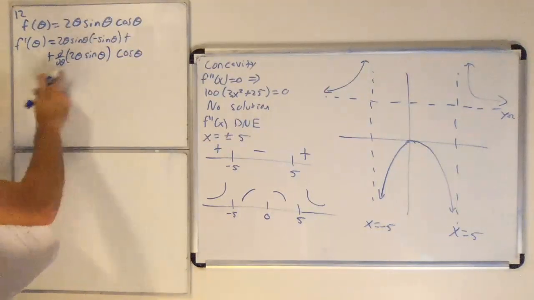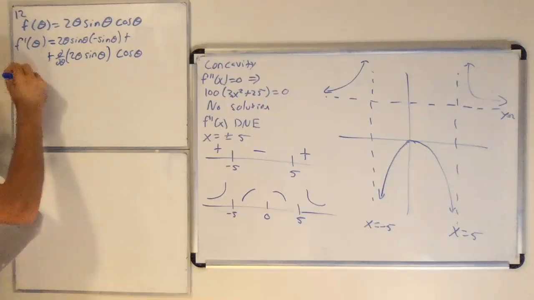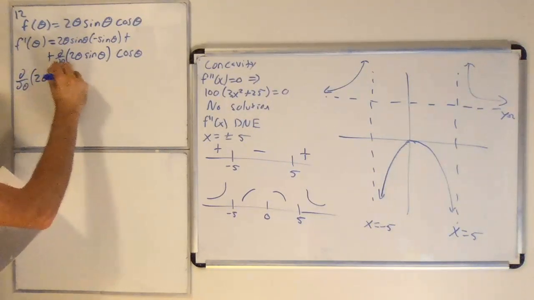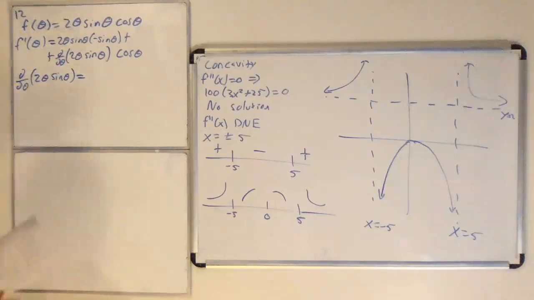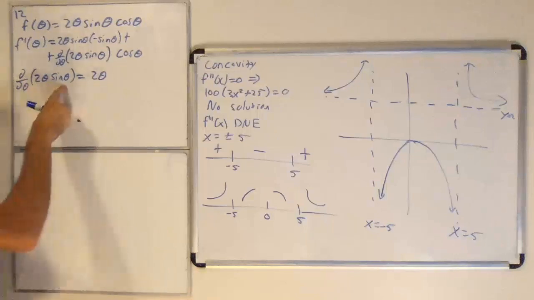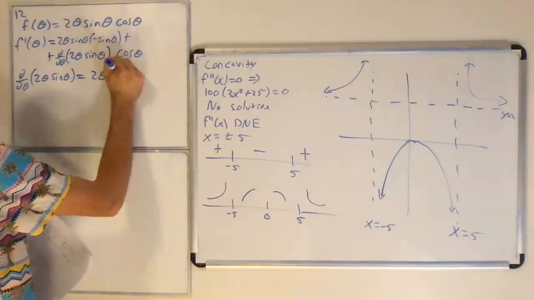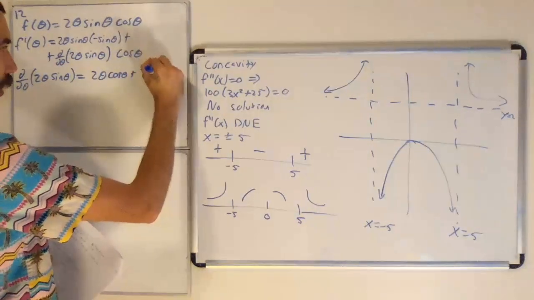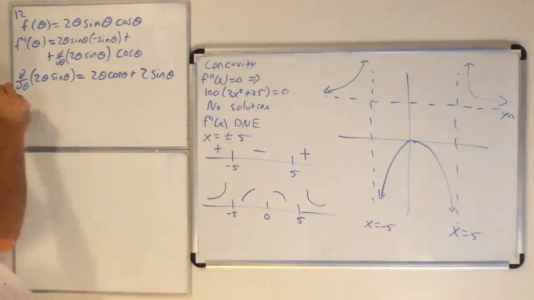Okay, so now we have to figure out what's the derivative of 2 theta sine theta. And again, we're going to use the product rule. So the first is 2 theta. The derivative of the second is cosine theta. The derivative of the first is 2, and the second is sine theta. Okay, so our answer